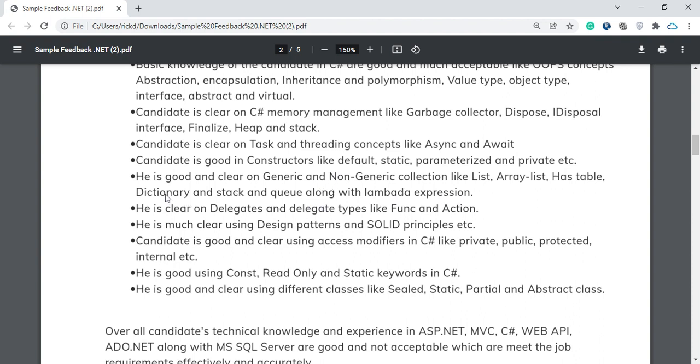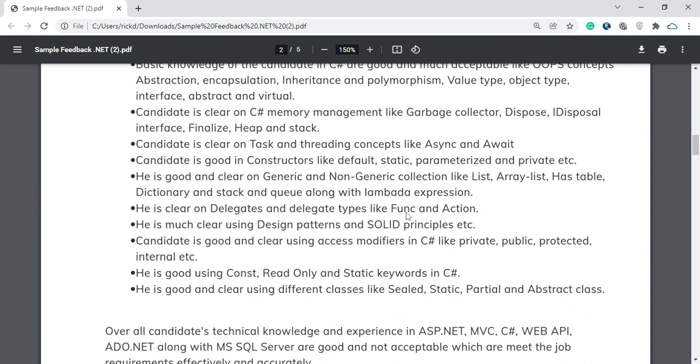So if you need to iterate a dictionary, how you can iterate, you need to tell the key value pair, you need to see the syntax basically. Now, clear understanding of delegates. The question will be what is the use case of a delegate, and there are three types of delegate that are readily available, and what are those: func, action, and predicates,